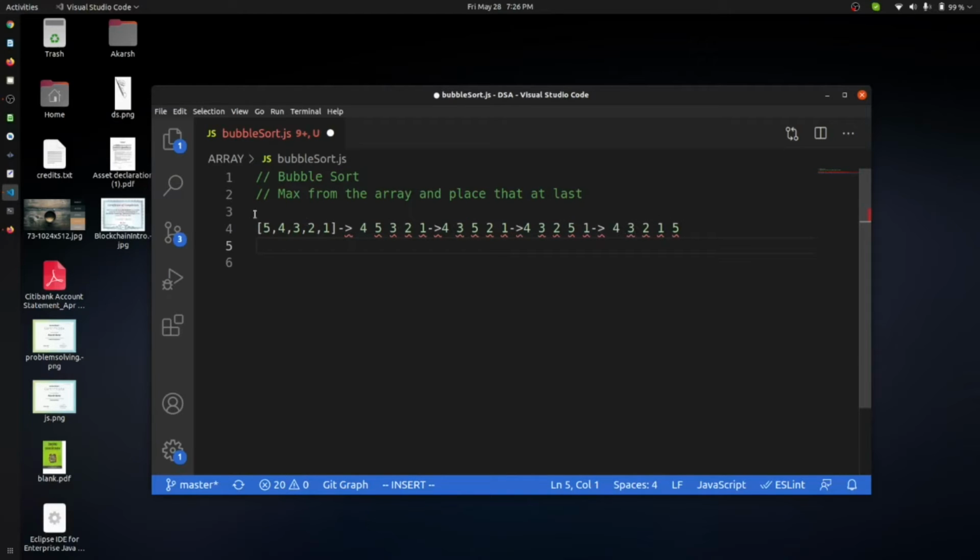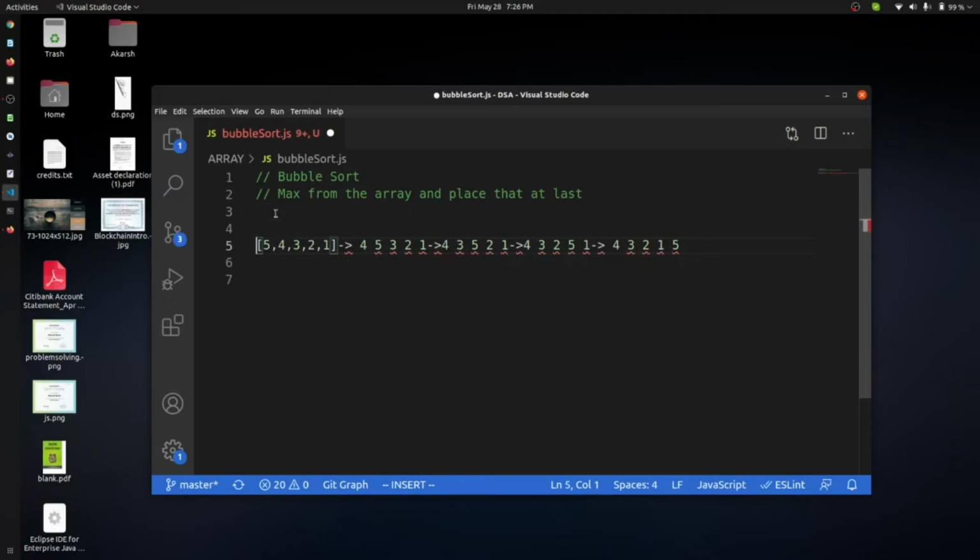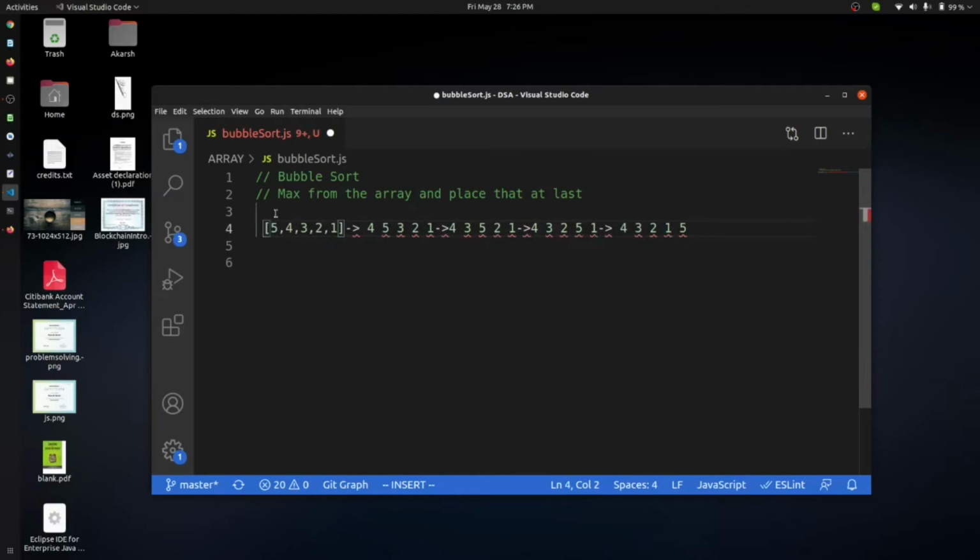Let's say this is one iteration in j. At the end of this j iteration, what we find is that at the last point of the array we have the element that is the largest in the whole array.